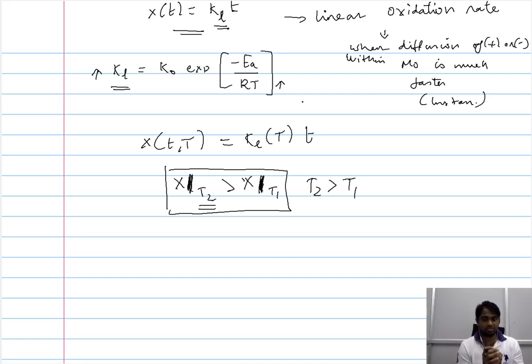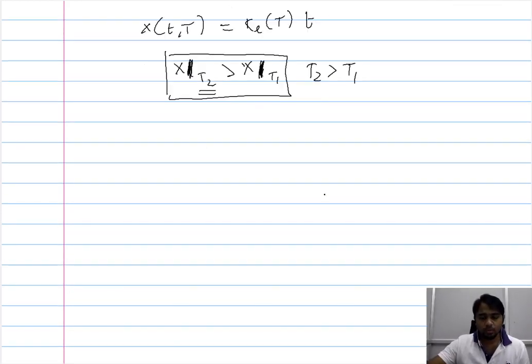So in these ways, one is by ensuring the supply of oxygen and the other is by influencing the proportionality constant. The temperature influences the material that exhibits linear oxidation rate. Now let us move away from the material that exhibits the linear oxidation rate and consider the other ways one can postulate or theoretically express the oxidation rate in a material or in a pure metal.